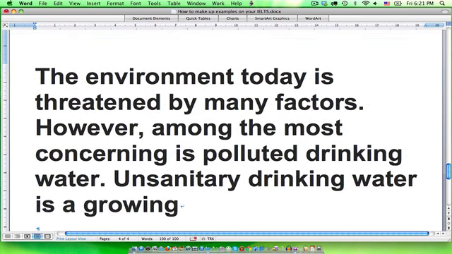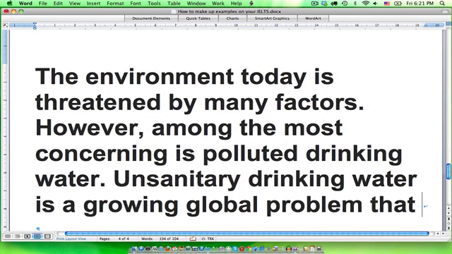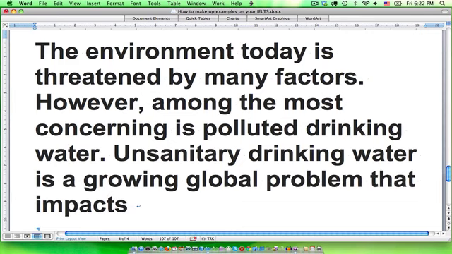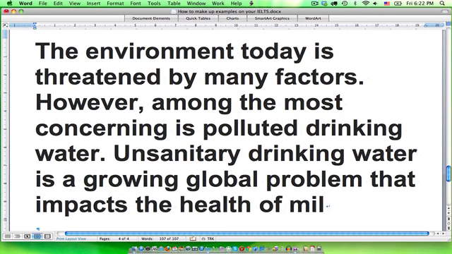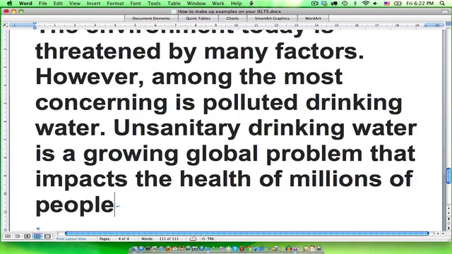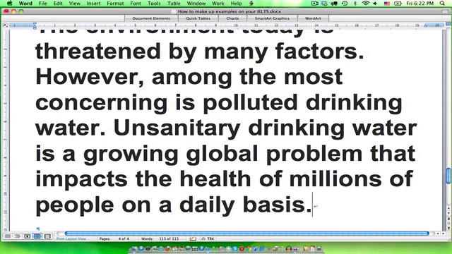is a growing global problem that impacts the health of millions of people and on a daily basis, let's say. Okay, so now we're being very specific. This is precisely the area we want to look at in the essay. This is the problem that is most pressing for humanity. Unsanitary drinking water is a growing global problem that impacts the health of millions of people